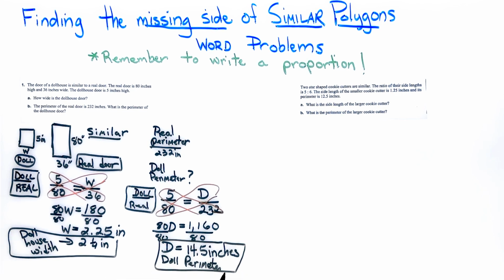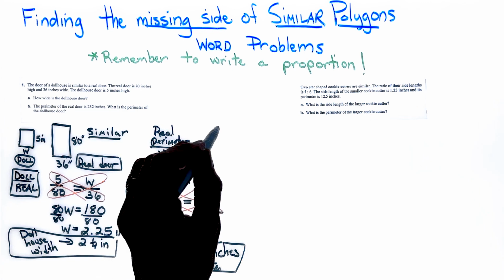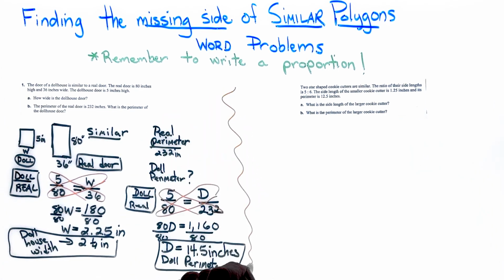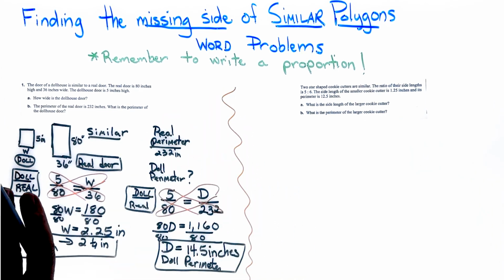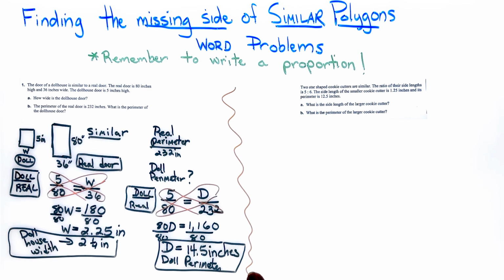There are the two answers that they were looking for within the first problem. All right, so I need to go ahead, definitely. I'm going to separate my problems right here with my squiggle line. So we know now my brain is done with the first problem, and now my brain waves are headed to